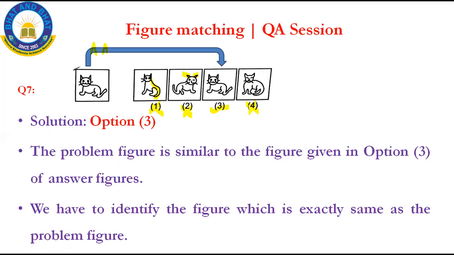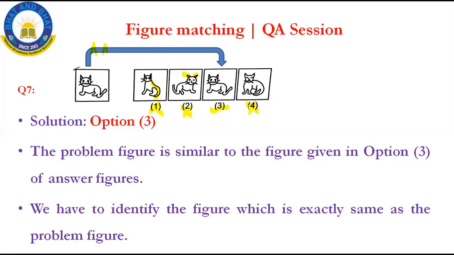You have to see here, my dear kids, the position of each and every object, and you have to look carefully at the figure, whether it is shaded or not shaded, increasing and decreasing of the object and distribution of the object. So you have to go through the problem figure carefully, and then find out the seen figure. So which is the correct option? See, option 3 looks the same as the problem figure, isn't it? So the given problem is similar to the figure given in option 3.